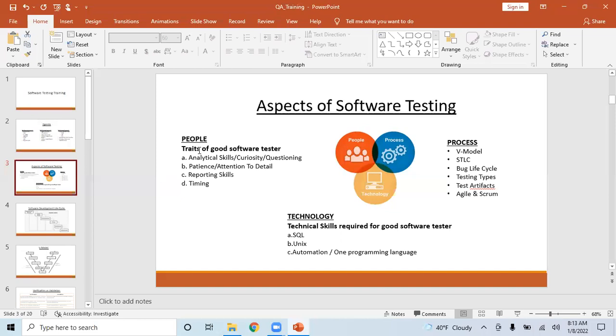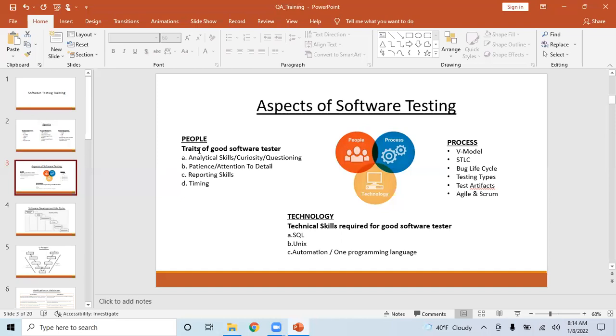Like if somebody says develop a shopping cart, you have to think of all the positive scenarios to test that shopping cart, and all the negative scenarios, like giving an invalid credit card or an invalid CVV number. You have to think of different ways to analyze or visualize those requirements. That's where analytical skills, curiosity, and questioning are all interrelated, and that's a foremost skill for any good